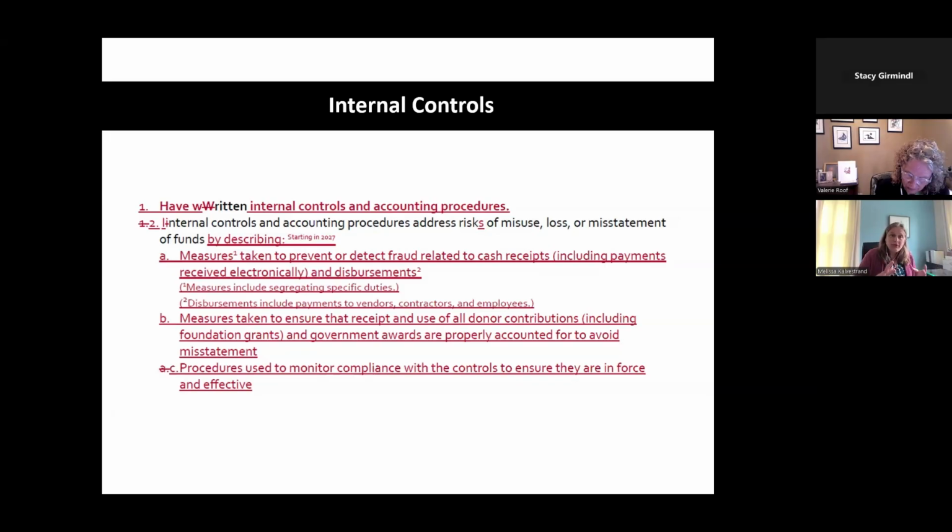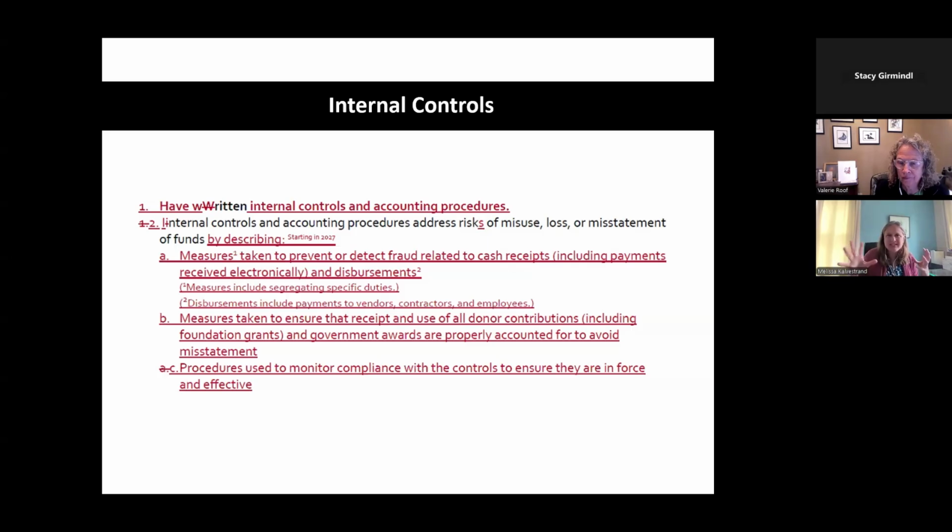And so that's what we've done with this requirement. We have split it into two components. So one, it's a bold requirement. That means we have the bold, non-bold about the highest risk areas. Here, the bold: everyone has to be able to give us written internal controls and accounting procedures. And now we have a new requirement, number two, that includes what those internal controls and accounting procedures have to